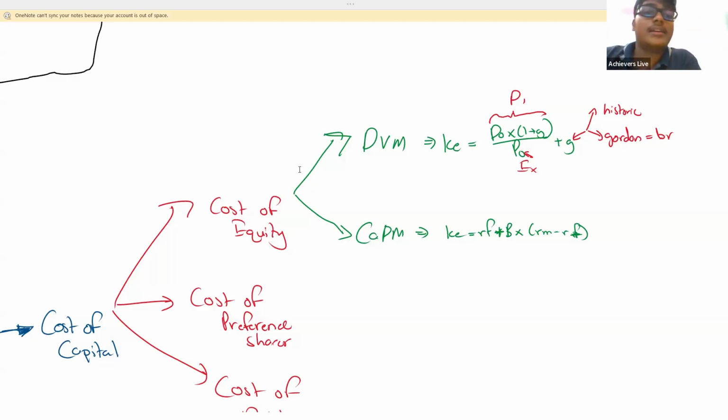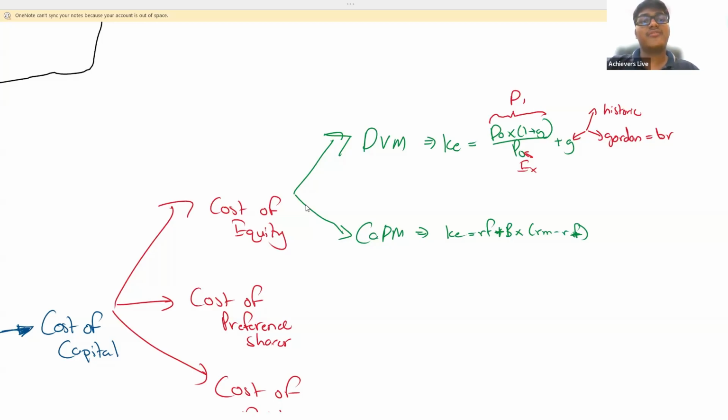Along with that, you have the advantages and disadvantages of CAPM. What is the advantage? CAPM is connecting the risk and return. CAPM is showing the impact of systematic risk on the return. It is the best method for estimating a quoted company's cost of capital. Disadvantages: unsystematic risk is ignored. We are considering the level of return only and not the way in which shareholders are getting the return. It is a one period model and it can't be used for an unquoted company. These are the disadvantages. That's it for the CAPM method.